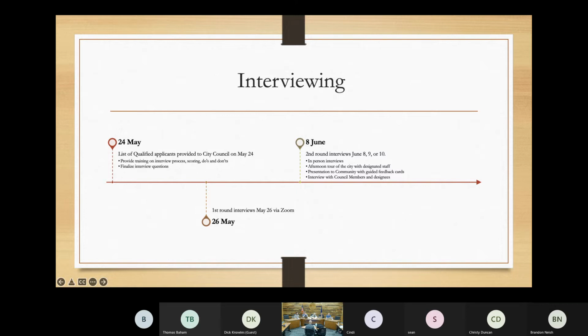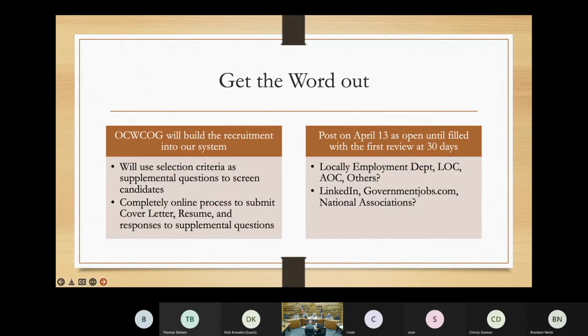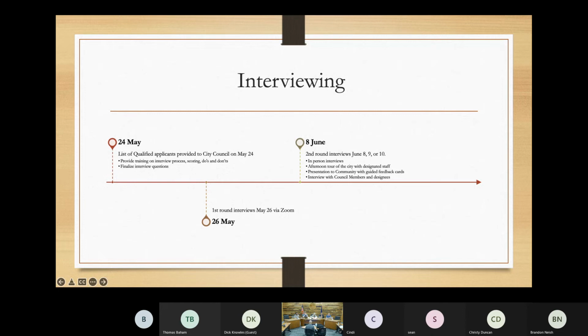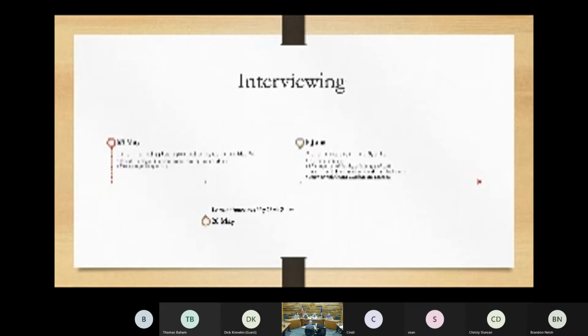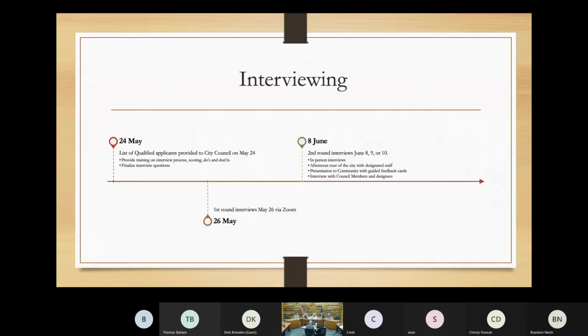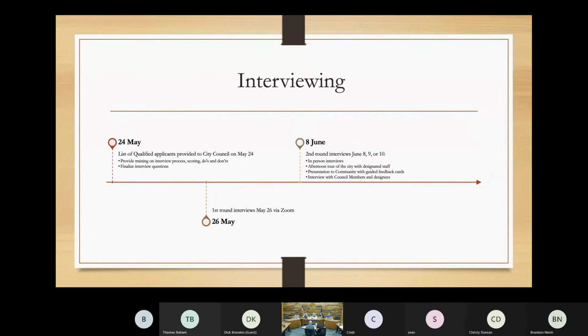And we can also talk through some of the other things besides how you score, like what questions are okay and not okay. I think generally most people know, but it's still good to go through those and get the reminders that, oh yeah, I better not ask about that. Or what do I do when somebody says, by the way, I have this family thing or my religion, and how to respond to those things. That would be something I would want to go over on the 24th when we present.